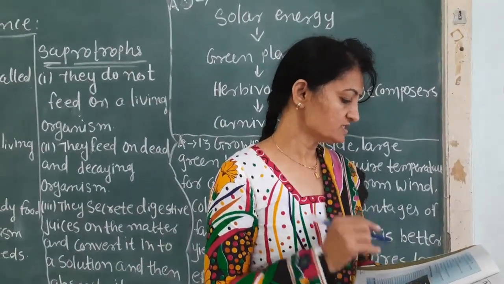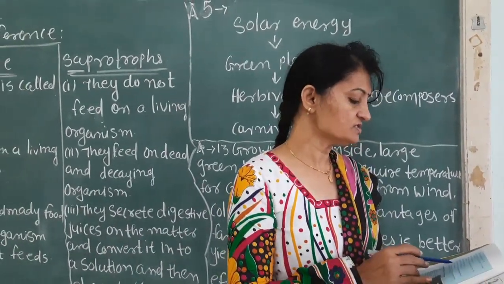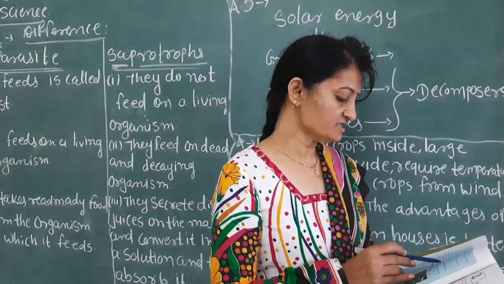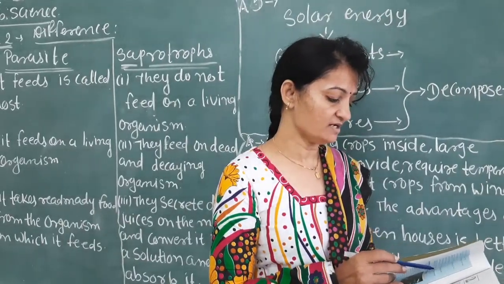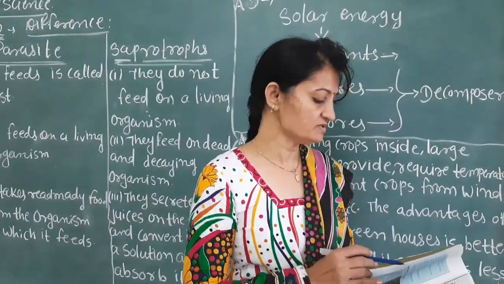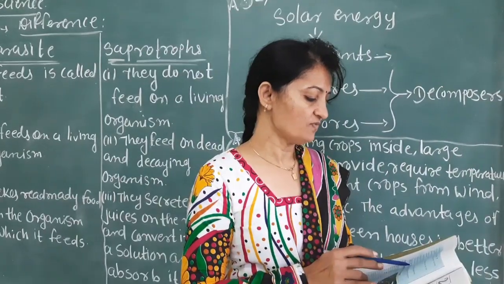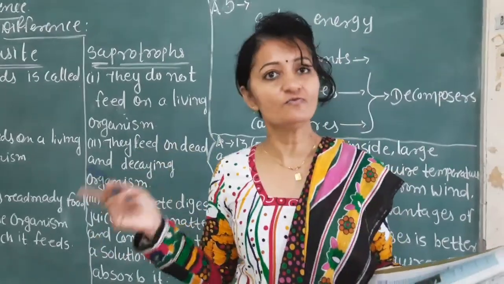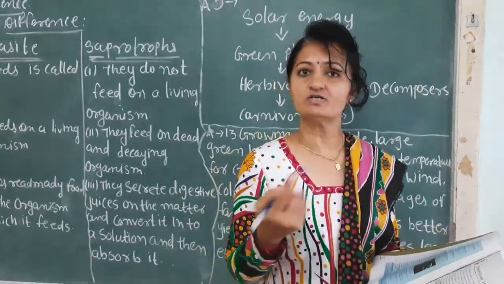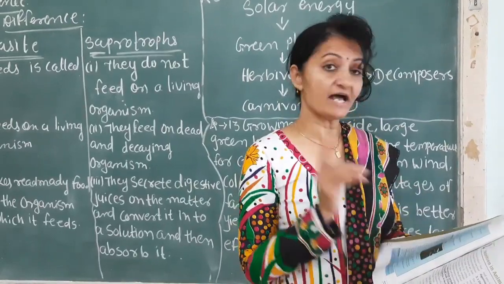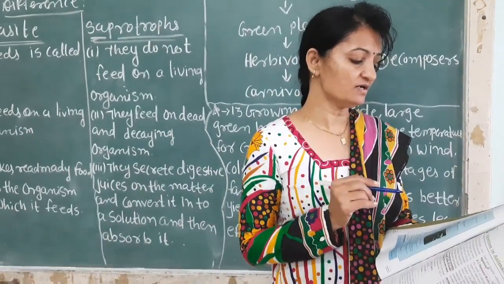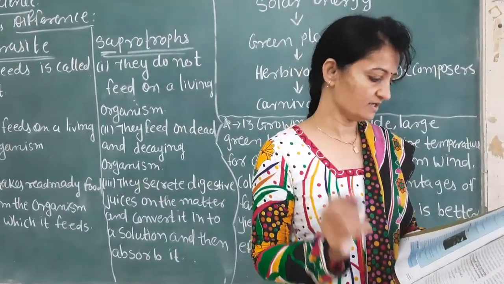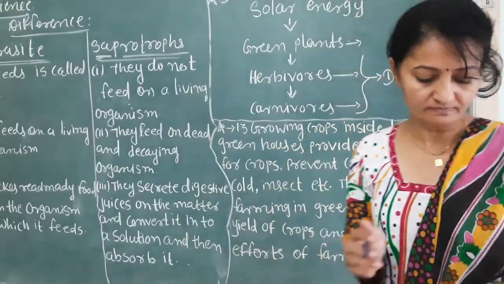Now next question, question number 12. Choose the correct option from the following. Plants take carbon dioxide from the atmosphere mainly through... there are 4 options: roots, stems, flowers and leaves. And you know that leaves are the factories of food, right? So the answer is leaves. So you write option 4. Clear? Now the last question.